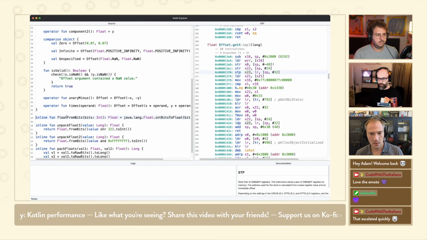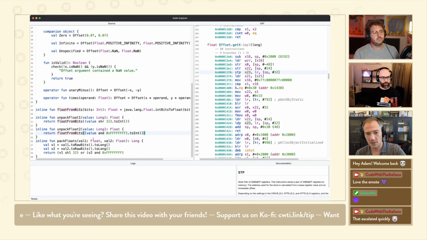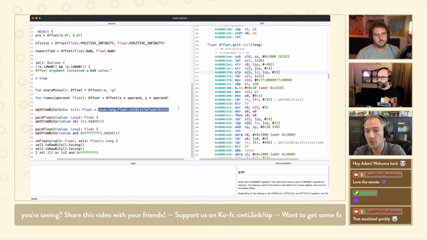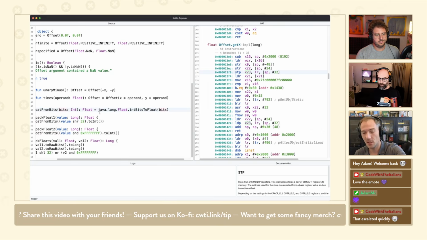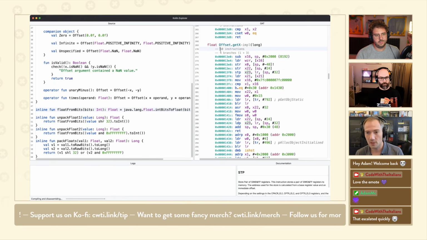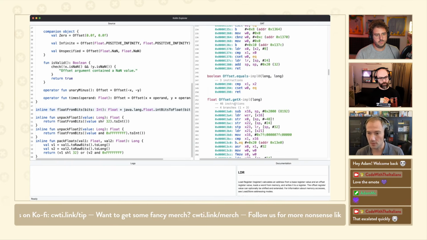So what I'm doing here is that I created my own function called floatFromBits instead of Float.fromBits. And all it does is do what the Kotlin standard library does. I'm calling the function that's part of java.lang.Float, right? And arith has an intrinsic for that. The difference is I'm not going through a companion object, right? That's all I'm doing. I'm skipping the companion object. Now, if I compile that, we were at 50 instructions and 4 branches, still with arith off, and now we're at 46 instructions and 4 branches.